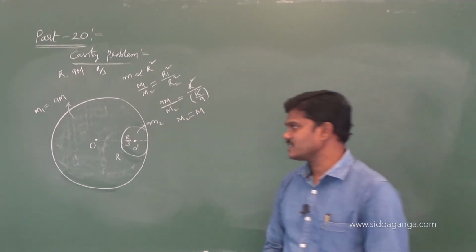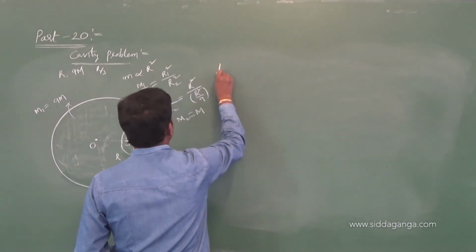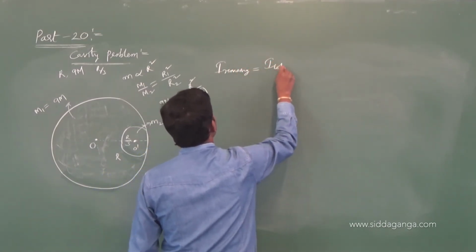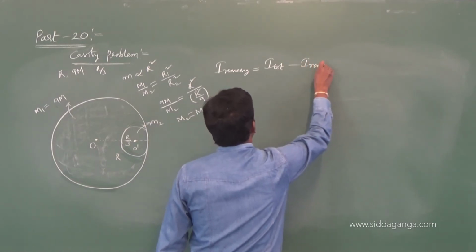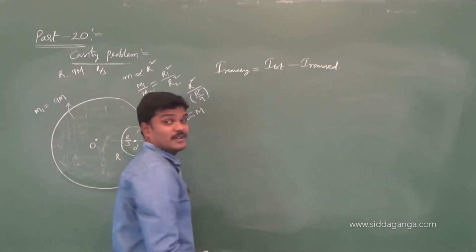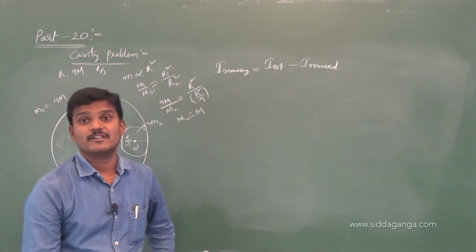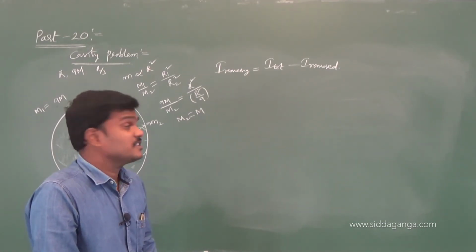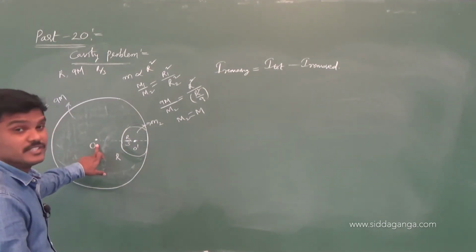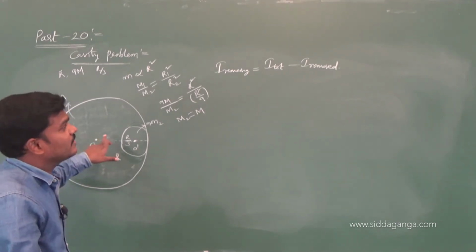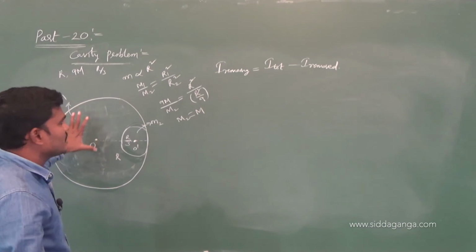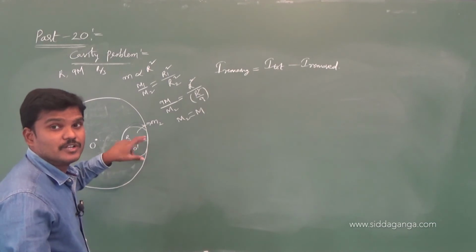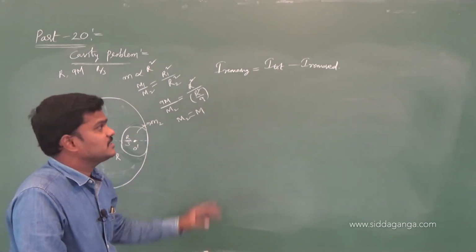Then let us see how to find the moment of inertia. The moment of inertia of the remaining part is equivalent to the moment of inertia of the total part minus the moment of inertia of the removed part, like the center of mass concept. I hope you remember center of mass concepts also. I am finding the moment of inertia of the remaining part about the axis passing through the center perpendicular to the plane, which is equivalent to the moment of inertia of the total region minus the removed region. For this removed region, you can go for the parallel axis theorem. Let us see what the total is first.